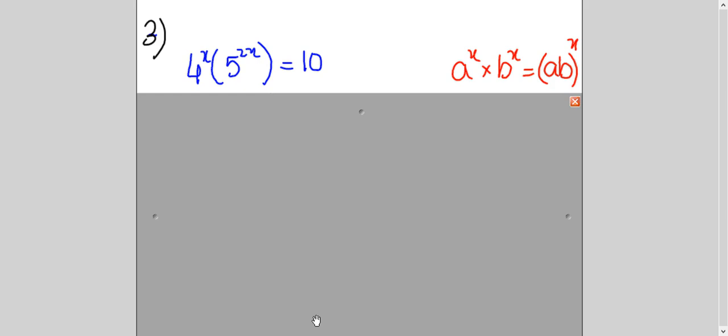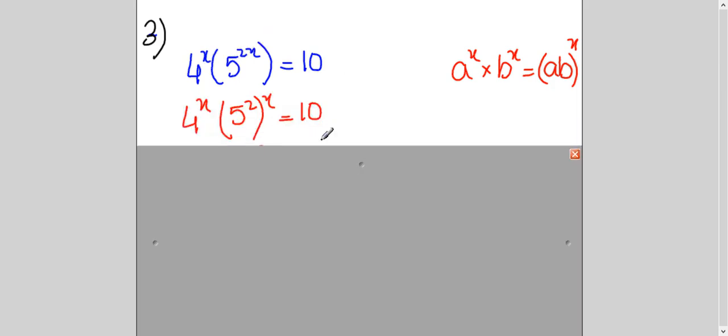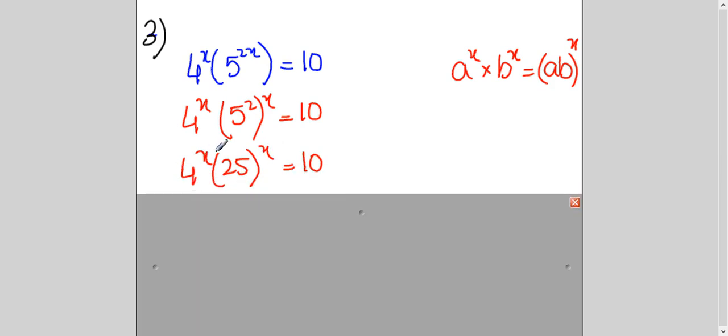The concept is the same. Again, I have to make the base the same, right? If I look at this, what does it remind me? How can I make the base the same? Recall this rule: if the base is different and the power is the same, then we can multiply the bases. So I will try to make the base the same here. I will take x out, and this 5 square will become 25.